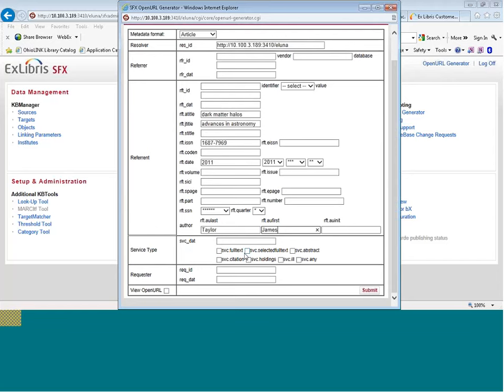I can also limit this to a particular service type as well. So if I just want full text resources, I can indicate that by clicking on the checkbox for full text. The first thing I'm going to do is go ahead and click on View Open URL. By doing that, that will actually show me the open URL that's generated for this. So if I click on Submit,